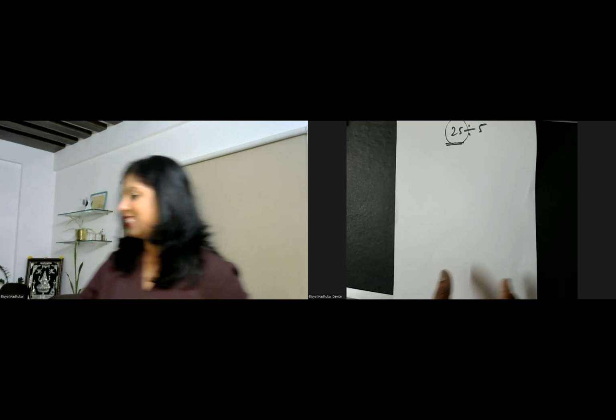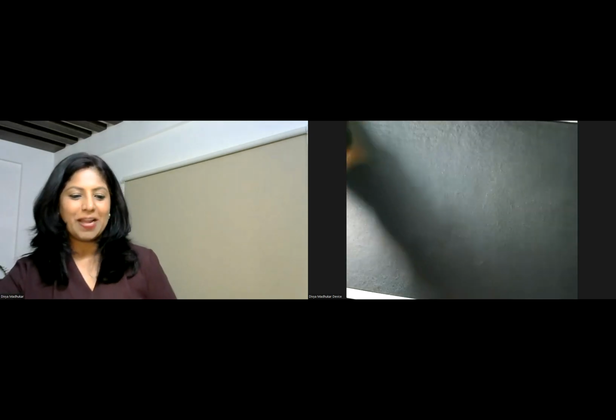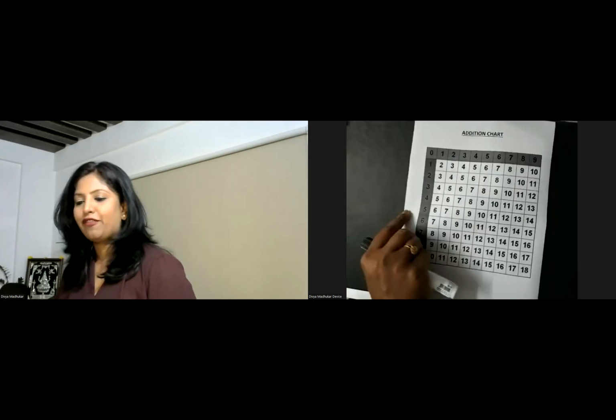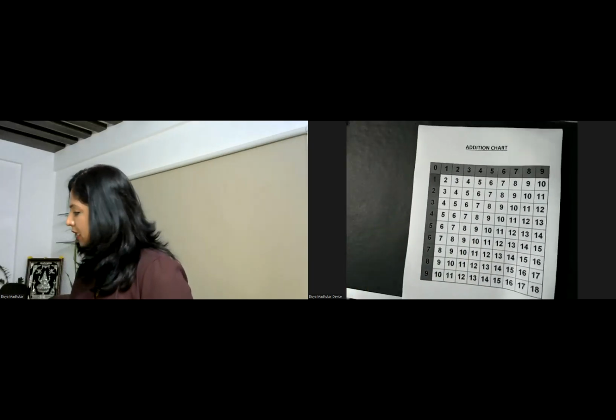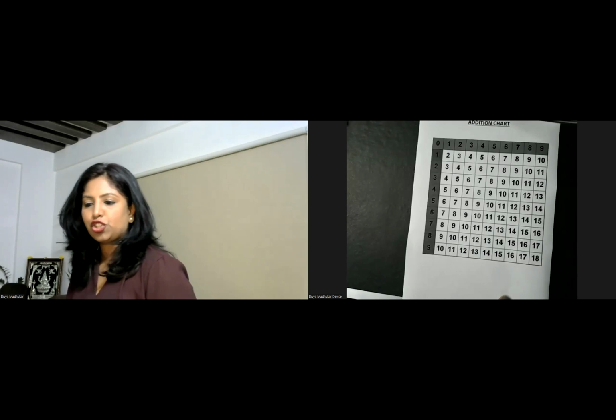Upcoming next are our charts. Whenever we talk about addition, multiplication, division, we always have to look into the next materials, which are considered chart materials. What you need to look at is that you can have a reference chart like this. Can everybody see? You can have a reference chart like this.